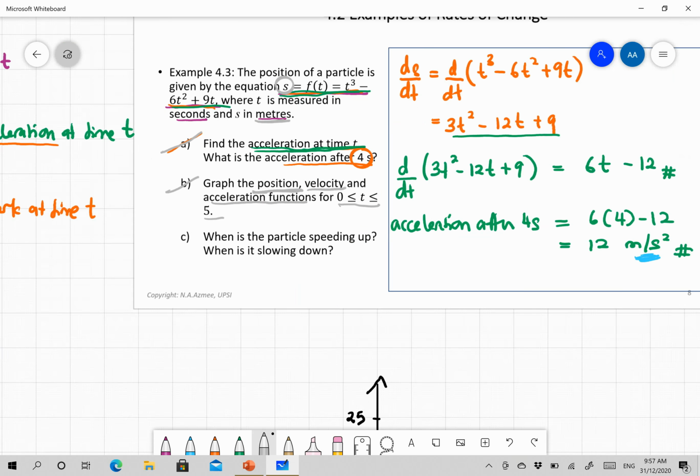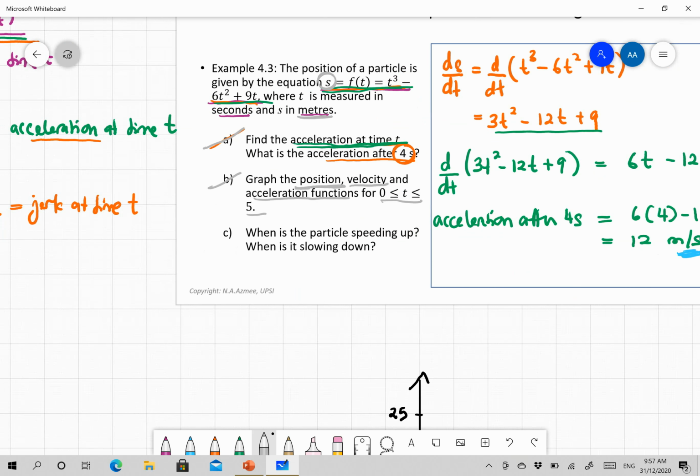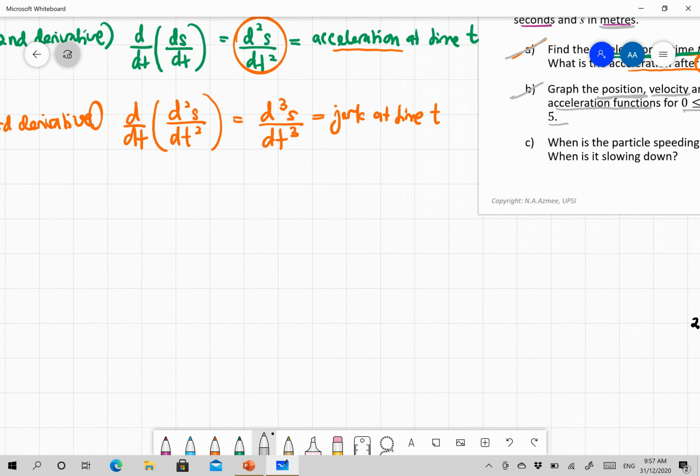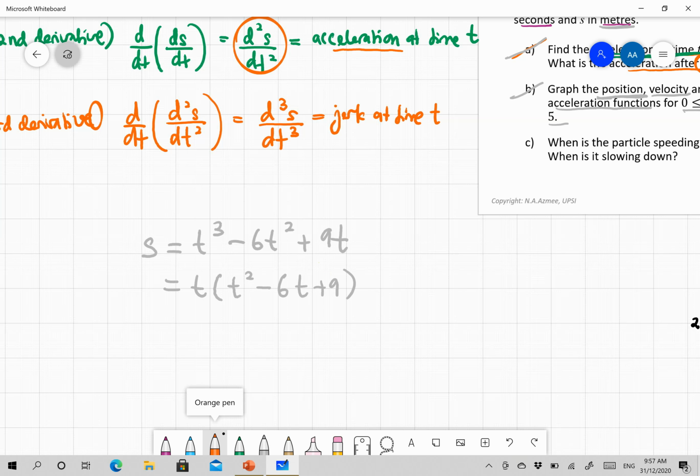So what we're going to do next is consider the position function first. Here the position function is given as s equals t cubed minus 6t squared plus 9t. And if you want, you can write it in terms of factors. So you can factor out t, so you will get t squared minus 6t plus 9. I'm sure you can see that this part can be factored easily, and the final answer is going to be t